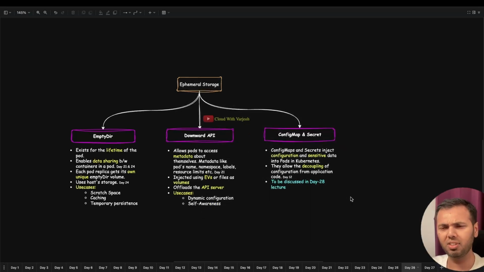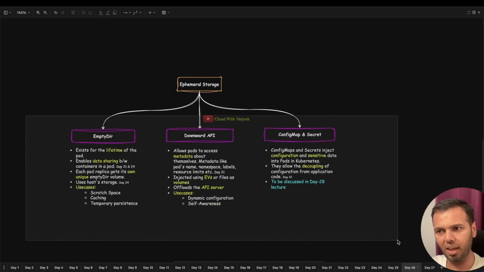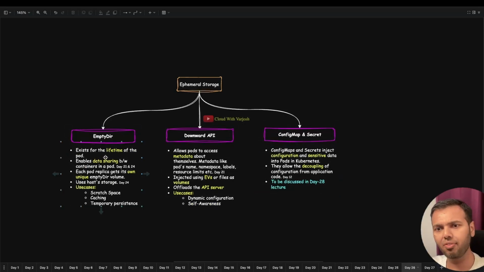Ephemeral storage. Firstly, what is ephemeral storage? Anything that is temporary and goes away when the pod is terminated is ephemeral storage. So the first type I want to discuss today is emptyDir. Exists for the lifetime of the pod. So if you create a pod and create an emptyDir volume, that volume will be deleted as soon as the